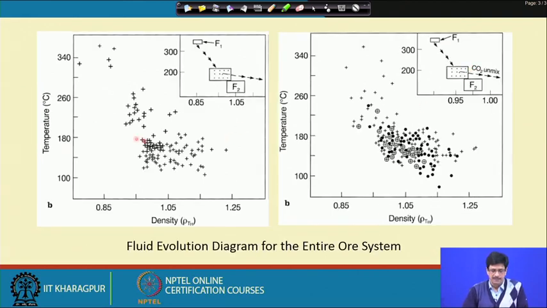So this is the diagram where the temperature and density are plotted, and this only gives us a little bit of advantage because the data are compressed and we can interpret the data more conveniently if we put them on a temperature density diagram. If you put them on the temperature density diagram, it can be visualized that in both the reef as well as in the stringer domains, the vein domains, we see the same path of evolution. We could consider that there were two fluids.